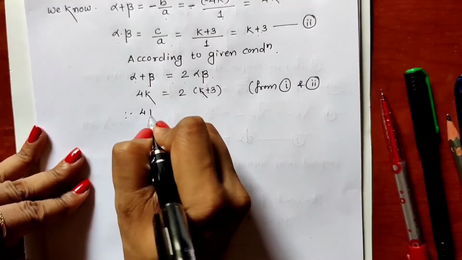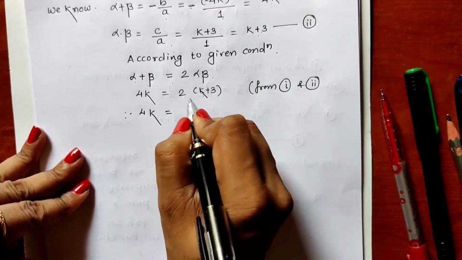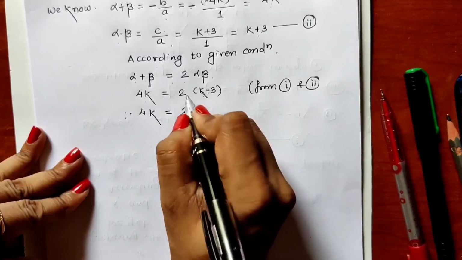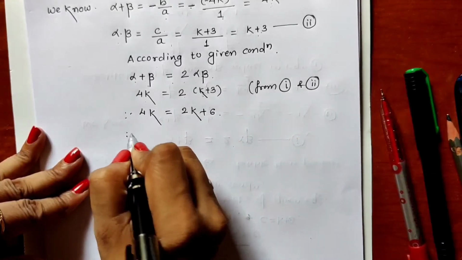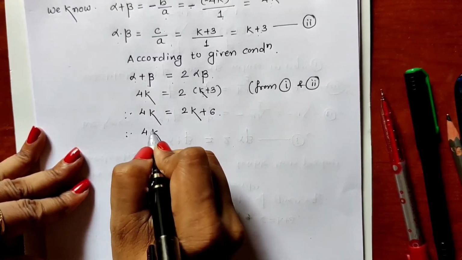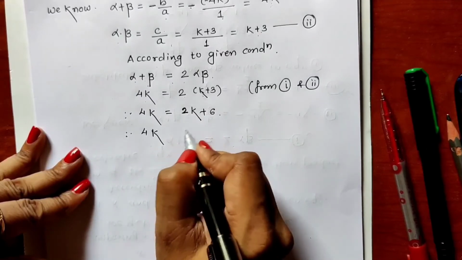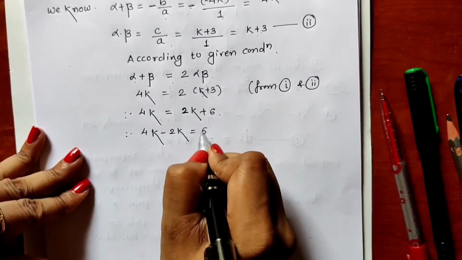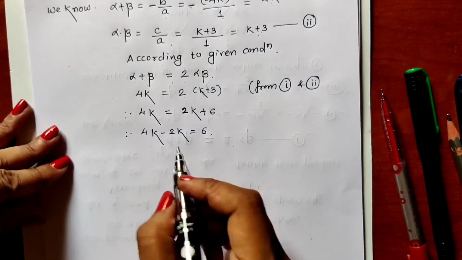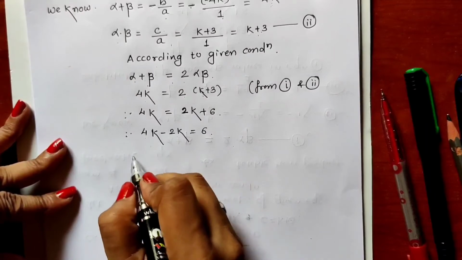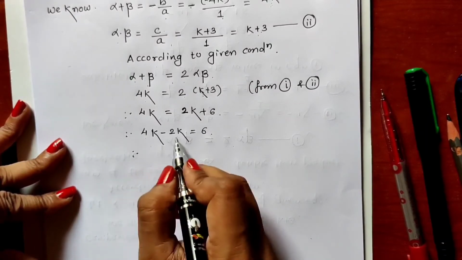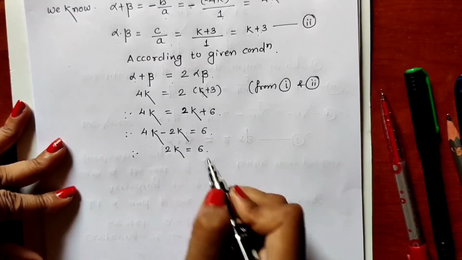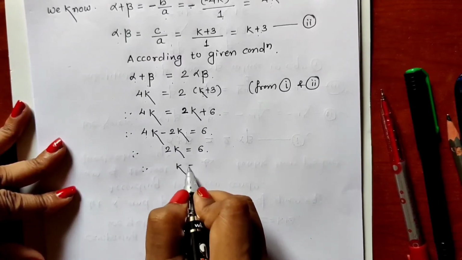Therefore 4k is equal to 2 into k plus 3, means 2 into k is 2k, plus 2 3s are 6. Therefore 4k is equal to this plus 2k. I bring 2k on the left hand side, it becomes minus 2k, and 6 is as it is. This 4k minus 2k, same terms, similar terms, like terms, they can be subtracted. 4k minus 2k will be 2k is equal to 6, and therefore k is equal to